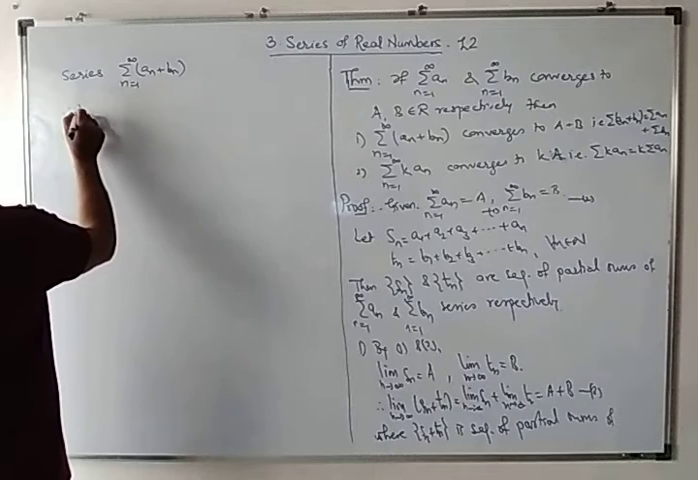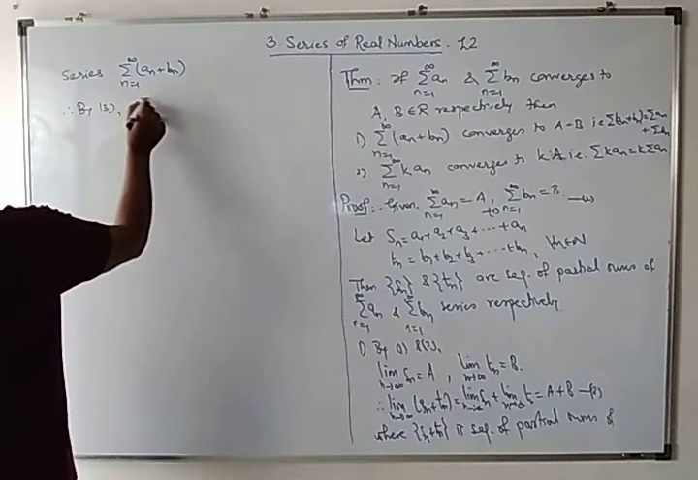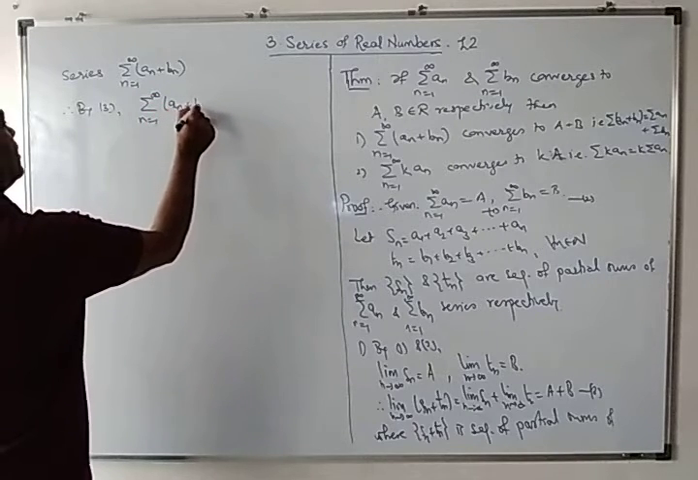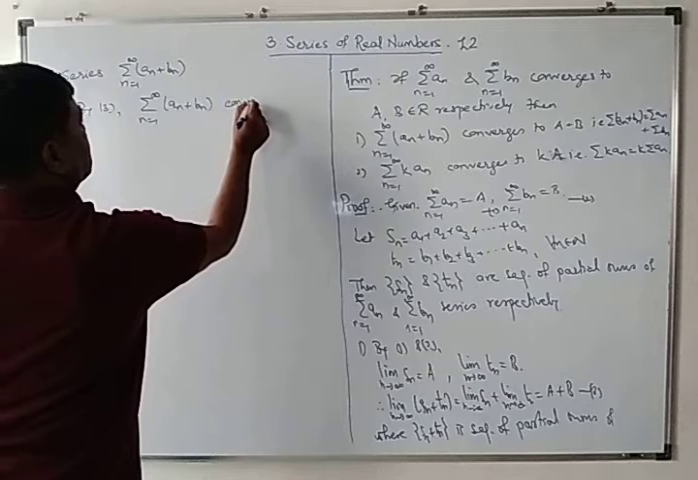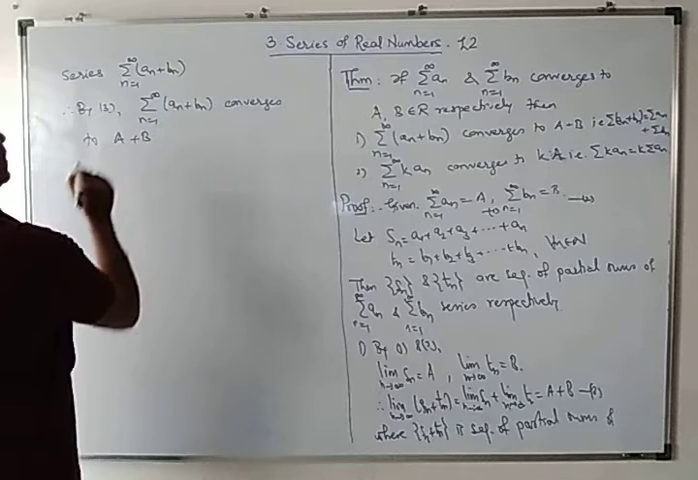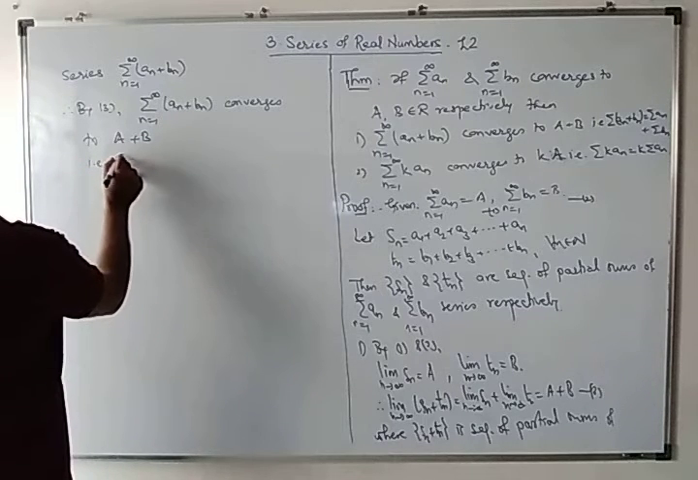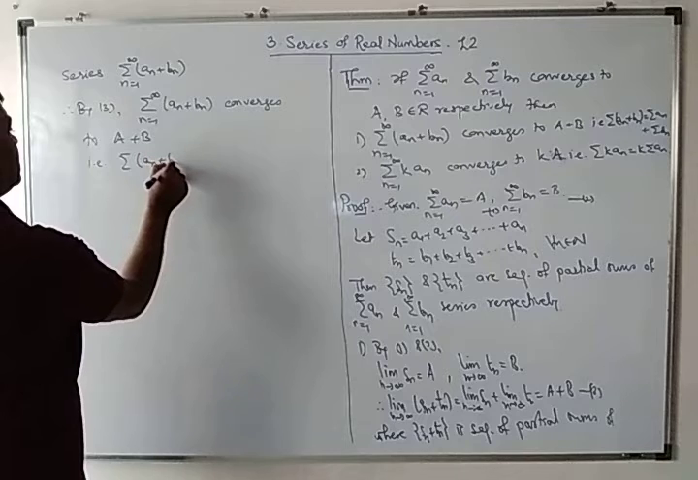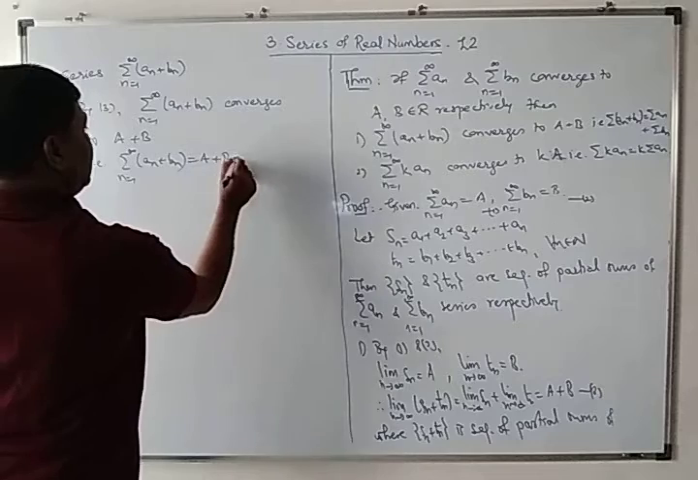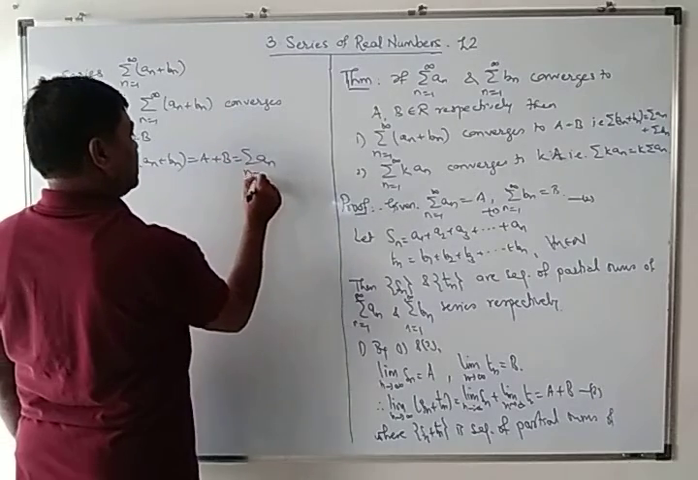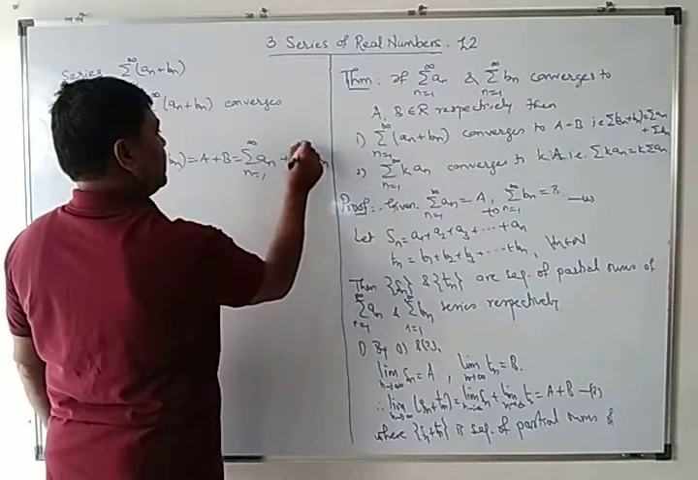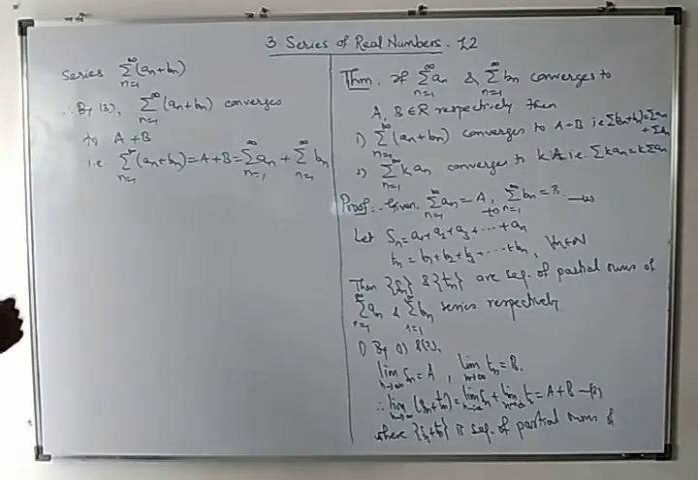And therefore by 3, summation of an plus bn, n equal to 1 to infinity, converges to A plus B. That is, summation an plus bn, n equal to 1 to infinity, equal to A plus B, but what is A? A is nothing but summation an, and B is summation bn, n equal to 1 to infinity, right? Second,